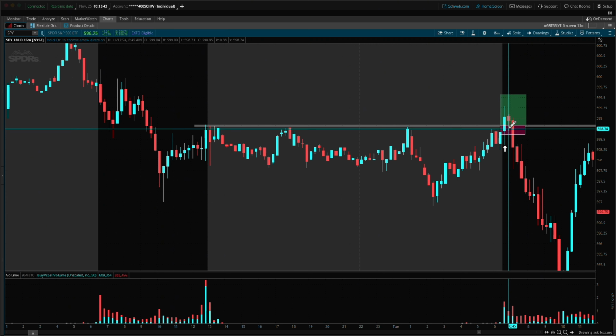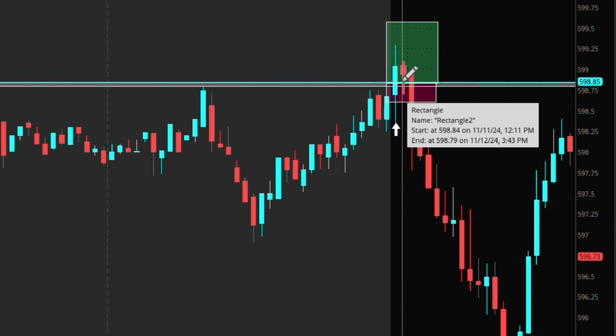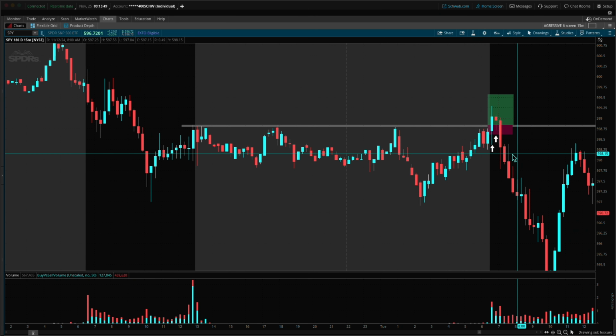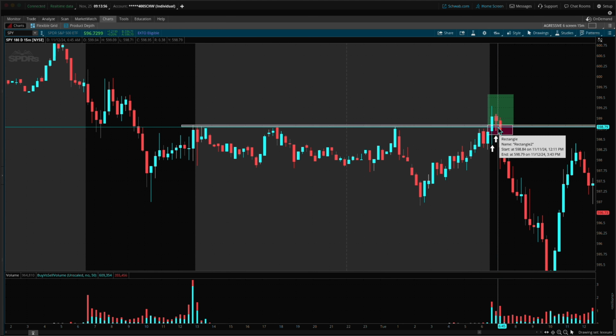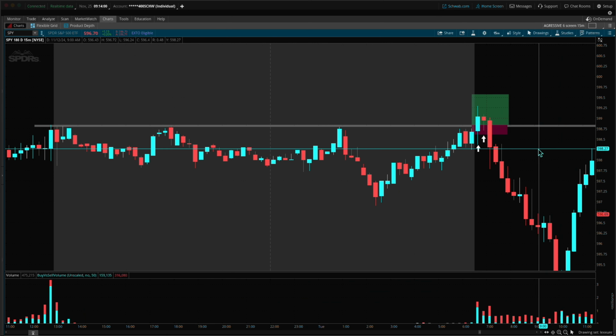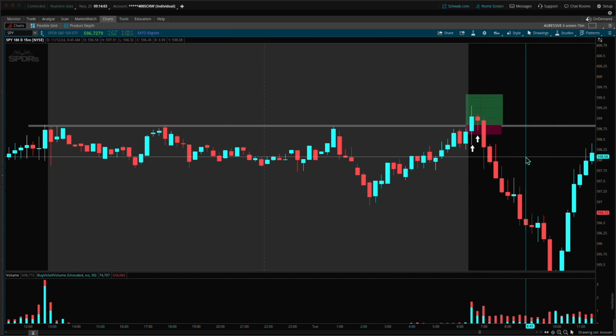Now, as soon as we get a nice breakout to the upside on this candle, I entered as best as I could and as close as I could to the support level, which is the retest. So that's the second part of the strategy, break and retest. First part, you get a nice breakout, then we get a nice retest here on this candle. Plus, look at the wick to the downside. It's indicating that buyers are stepping in as well. So I really thought this was going to be a nice solid trade. I even called it out. I was super confident in this trade, but what ended up happening next